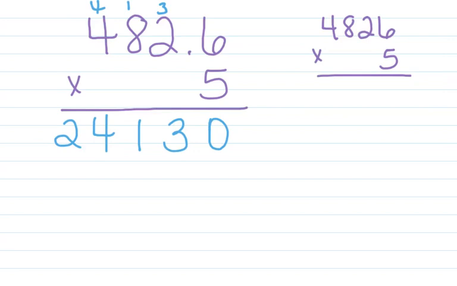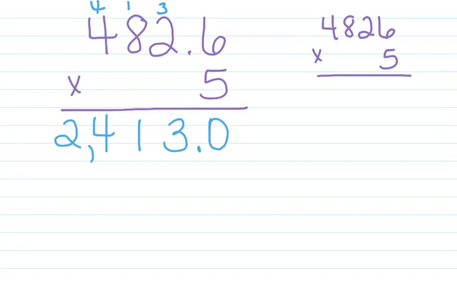Alright, and remember, in this number I have one number after the decimal, so in my answer I have to have the same thing. My decimal would be here, but because I have the decimal above, I jump here, so I place a decimal right here. So my answer actually is